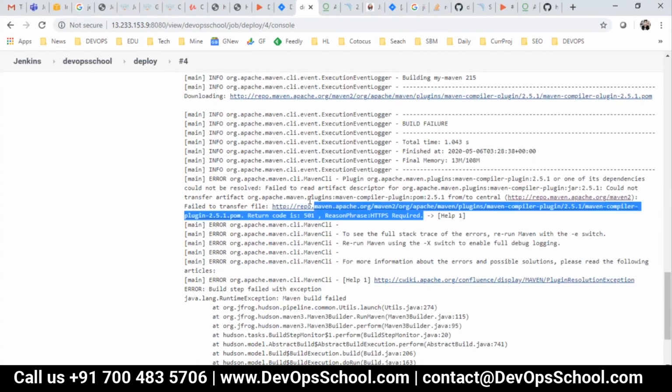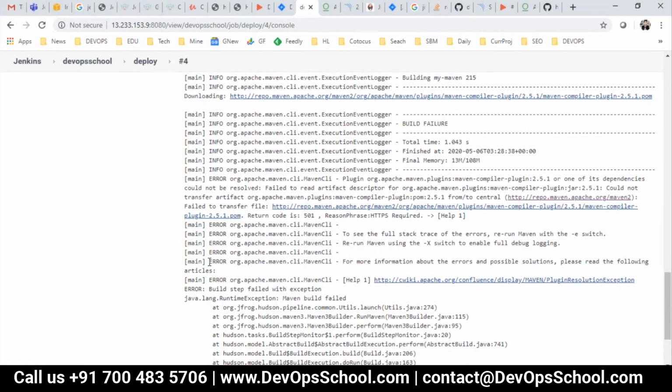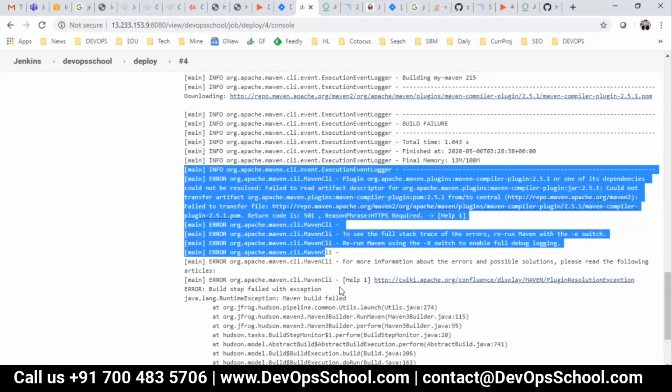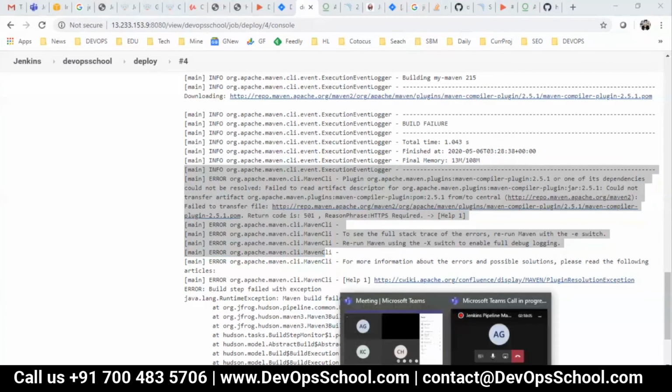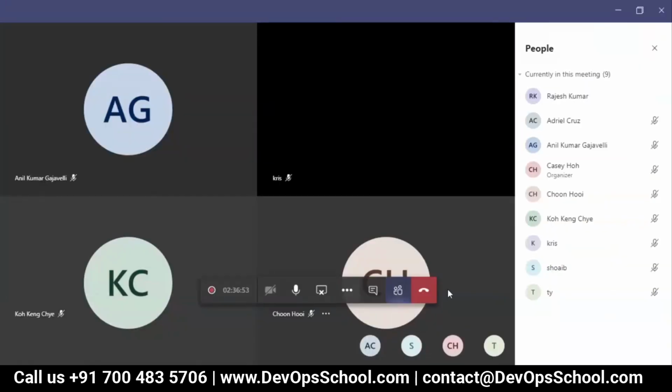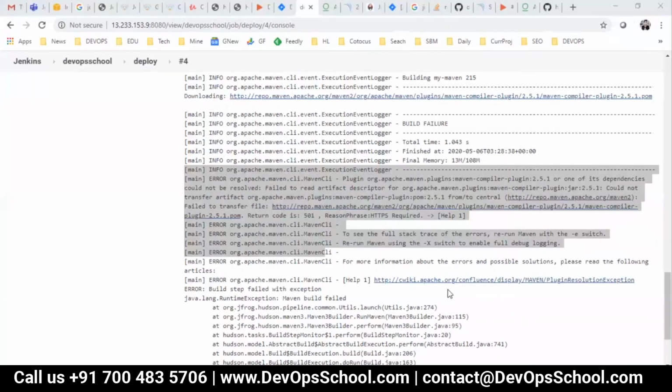Okay, this error, anyone has idea how to solve this error? Guys, I need some help, if you're understanding what I'm doing. Adriel, any idea?